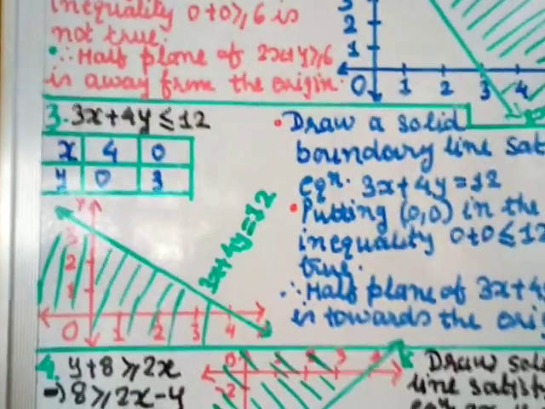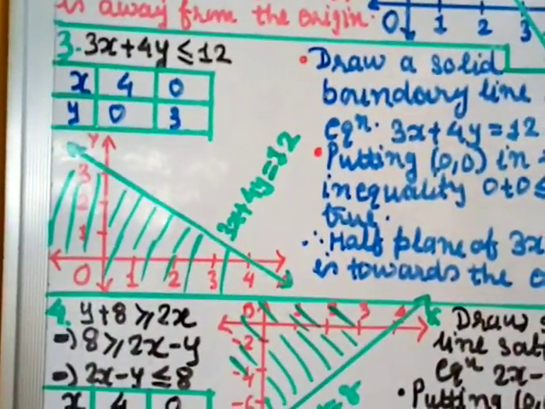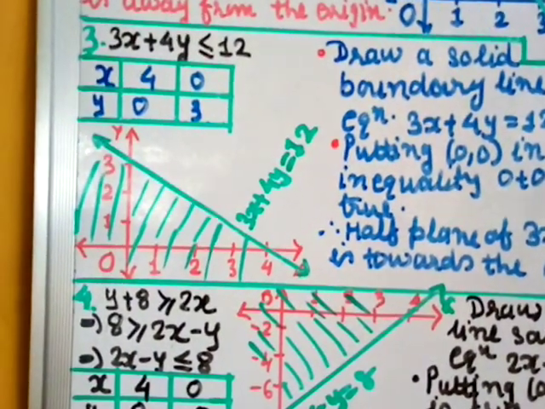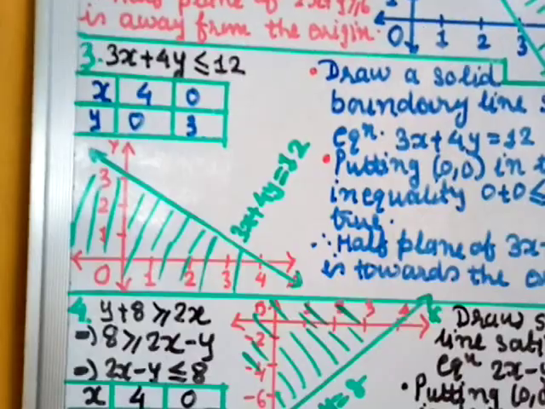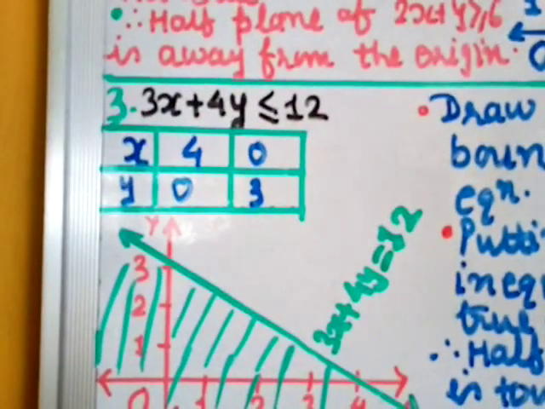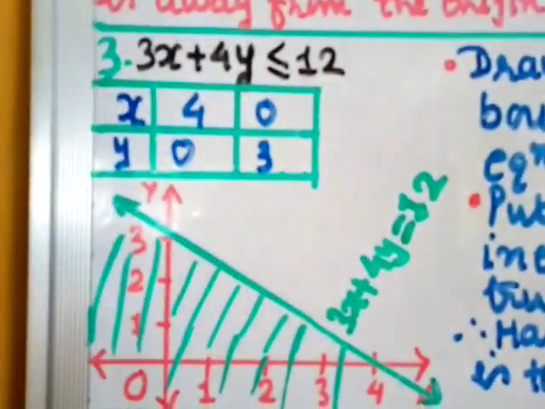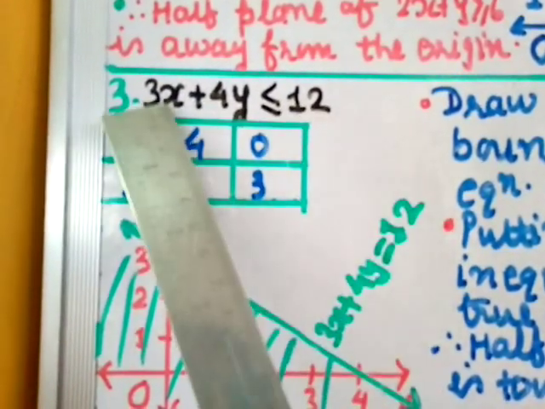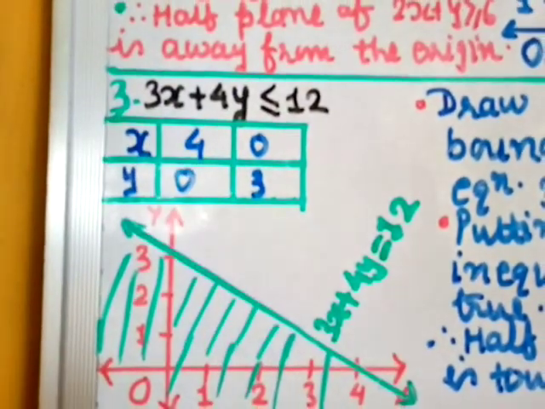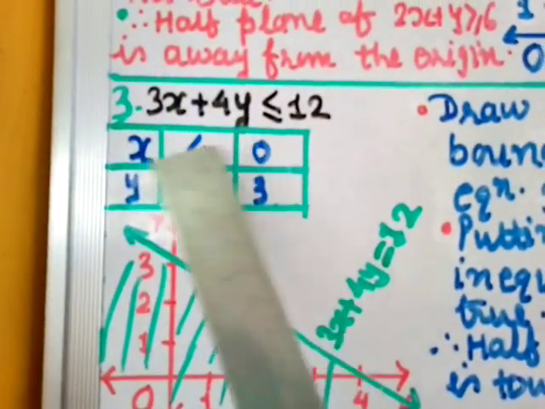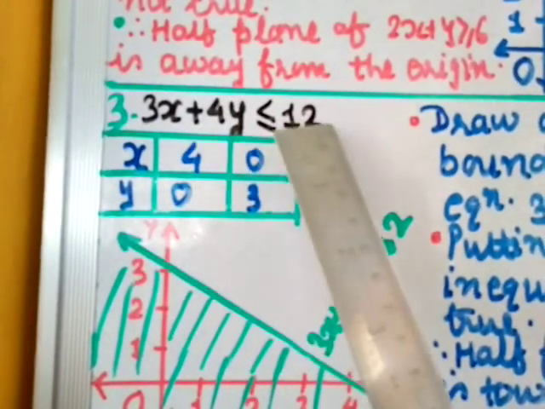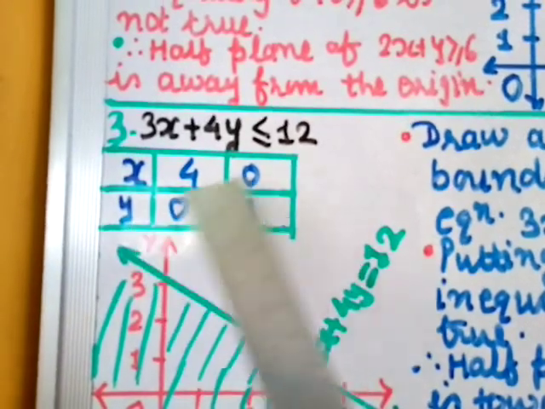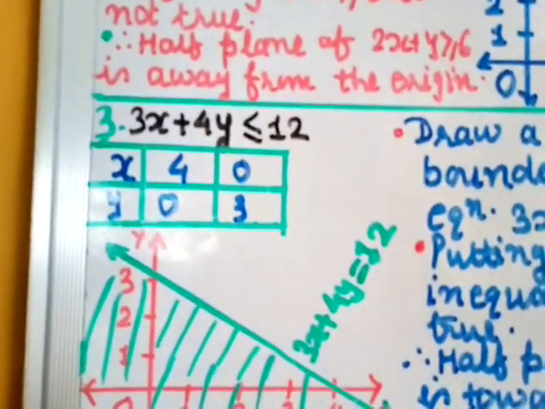Question number 3. 3x plus 4y less than or equal to 12. So first thing is that we have to draw the line, 3x plus 4y equal to 12. When you are drawing the line, I am taking here the equal to sign. Keep that in mind. So for x and y values, you take 2 points. If I take y equal to 0, put here 0, so 3x equal to 12, divide by 3, so you get x value as 4. Then you take x value as 0, so when you take 0, 4y equal to 12, divide by 4, you get 3. The value of y is 3. So x value is 4, then y value is 0, and y value is 3, x value is 0. So these are the 2 points.